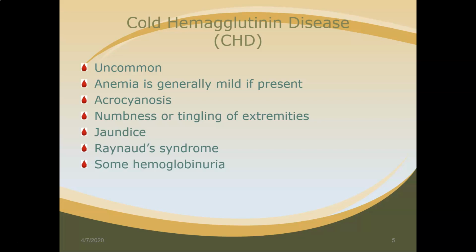Cold hemagglutinin disease is not common. The anemia, if present, is generally mild. Usually, the body can compensate for the lower level of hemolysis by increasing production a little bit. Clinical symptoms, we see acrocyanosis, and what this is basically, anywhere at the end of the extremities, the fingers,